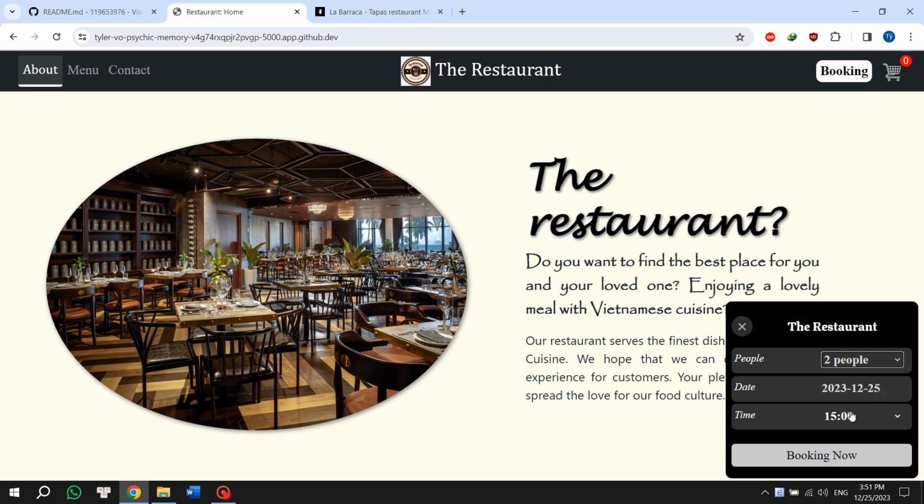In the hour section, you can see here if an hour is fully booked, it will be disabled also. So here we can see that 5 p.m. is fully booked, so the customer cannot select it. So let's book it. For example, I choose 6 p.m. for the 25th of December, and I choose it for 3 people. So when I click book now,